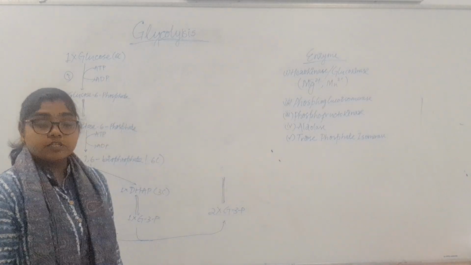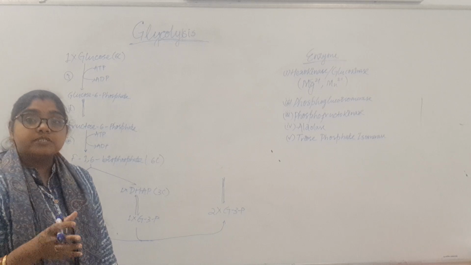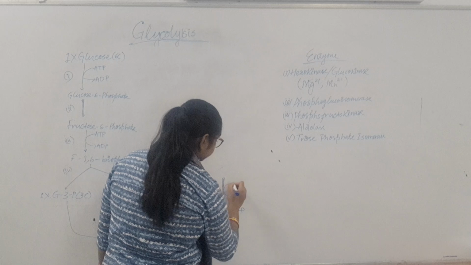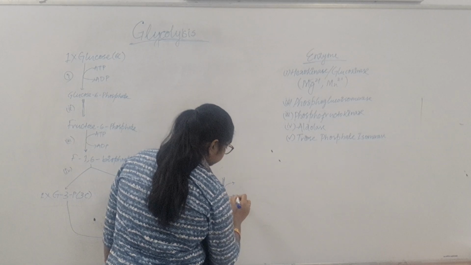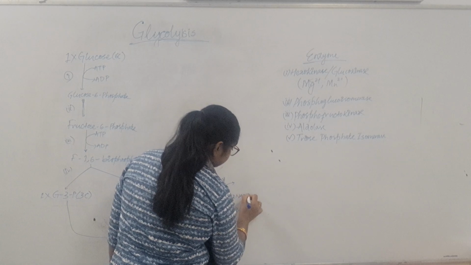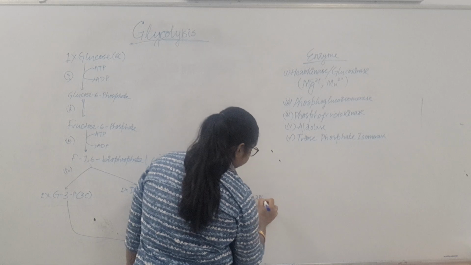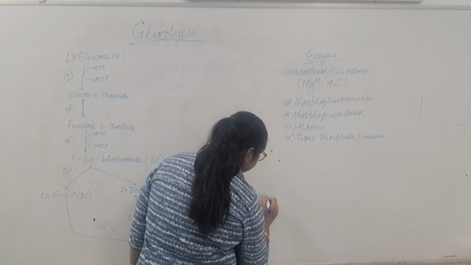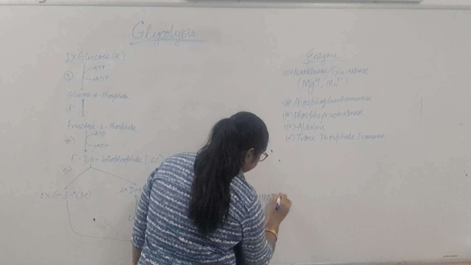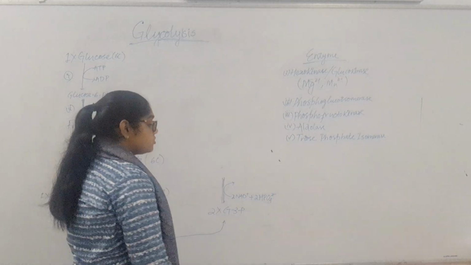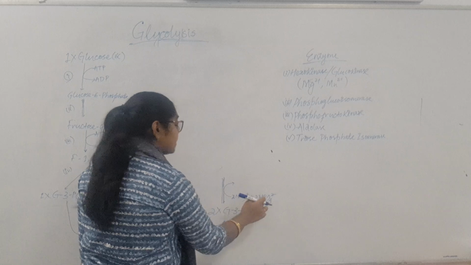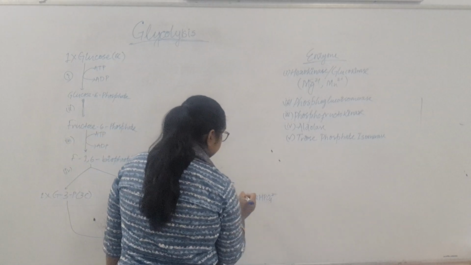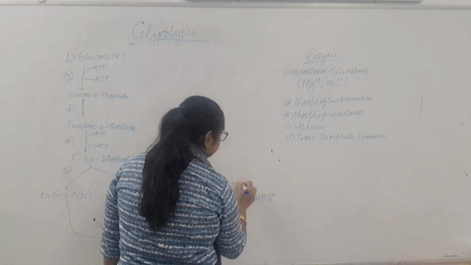It will accept the phosphate group from monohydrogen phosphate, HPO4 2 minus. So from this monohydrogen phosphate it will accept that phosphate group, and here 2 NAD plus will convert to NADH,